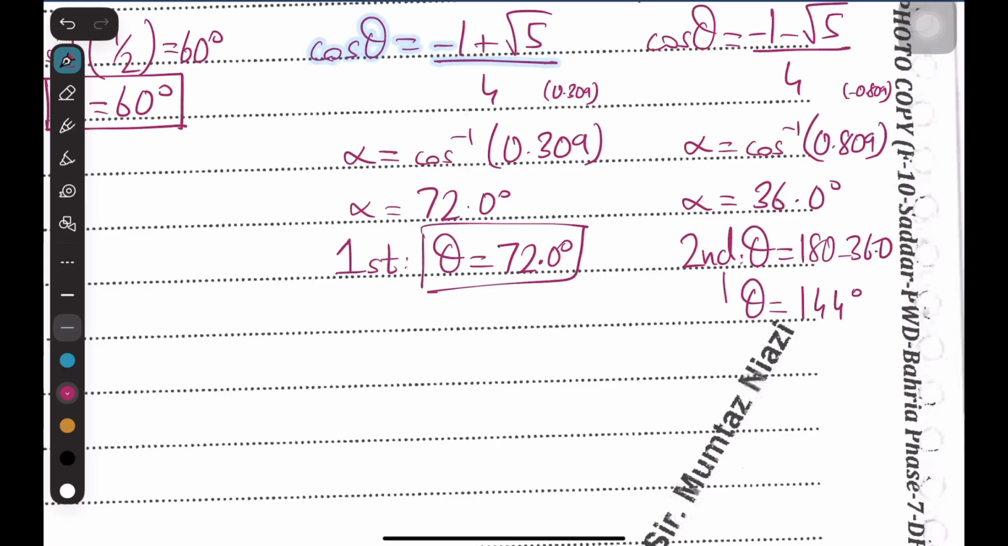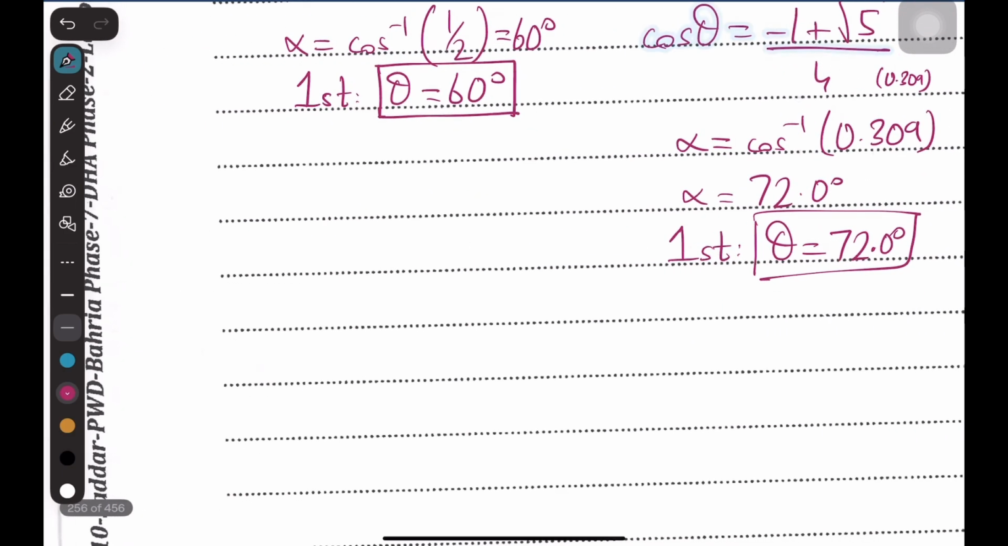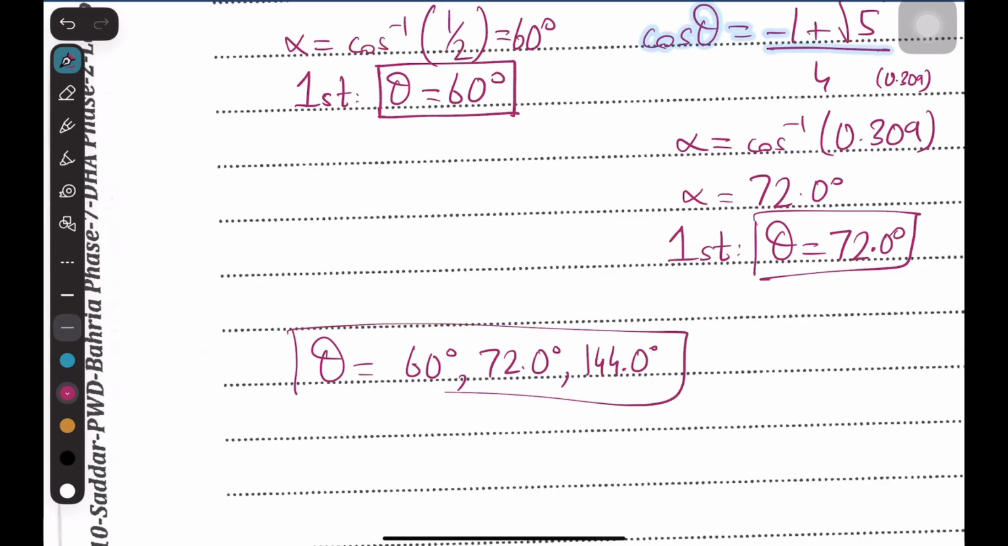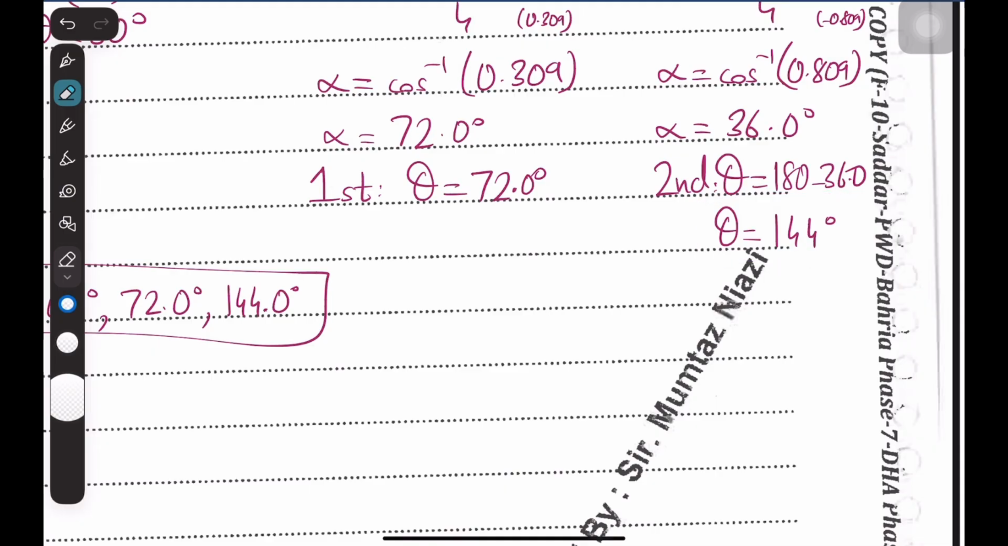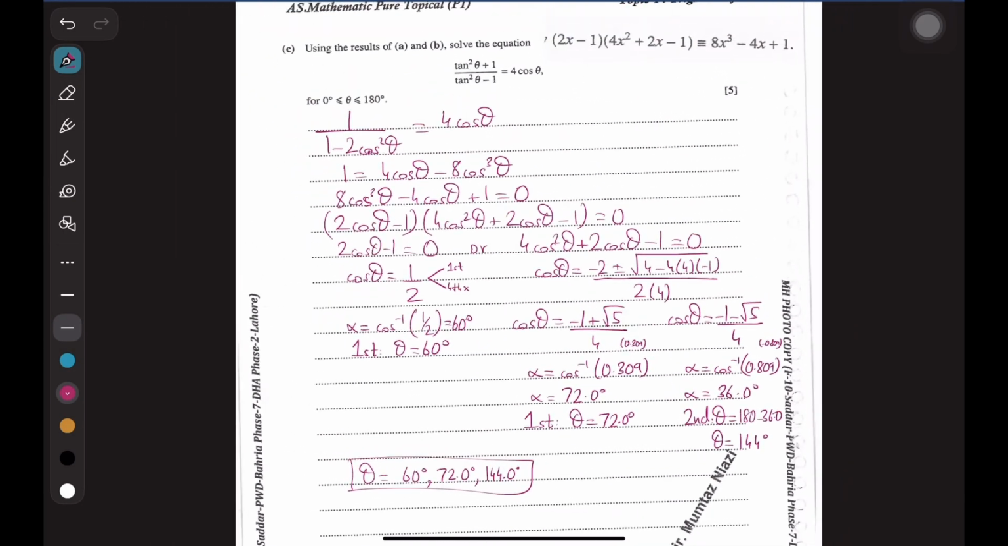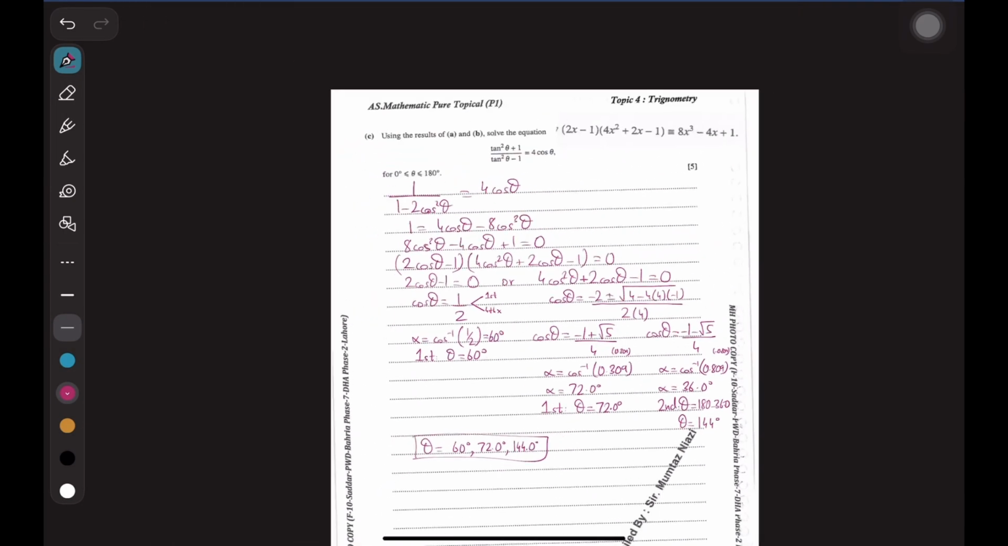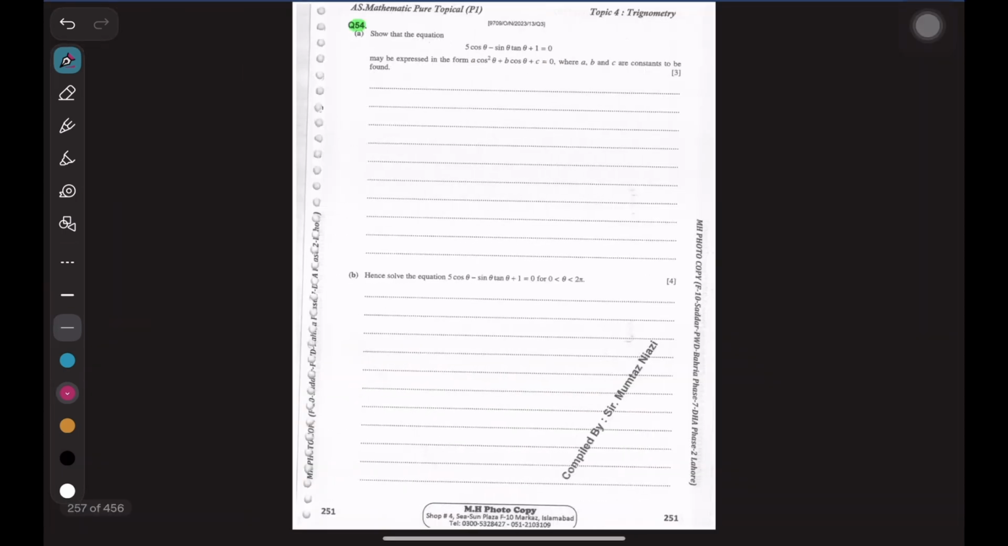144 degrees. The values of theta are 60 degrees, 72.0 degrees, 144.0 degrees. These are the three answers over here. I hope that's clear. Moving on to the last question,